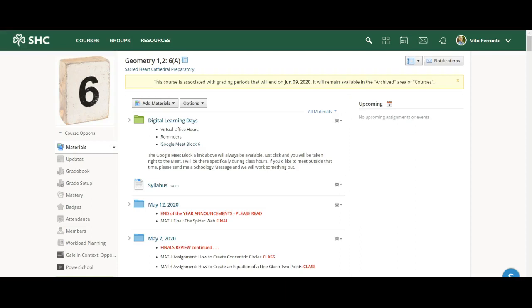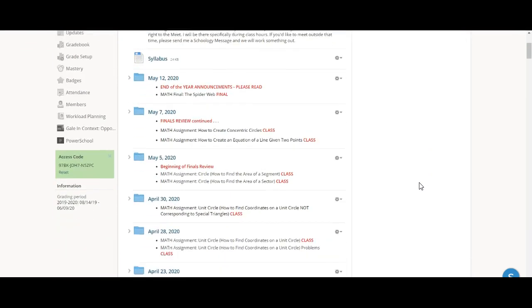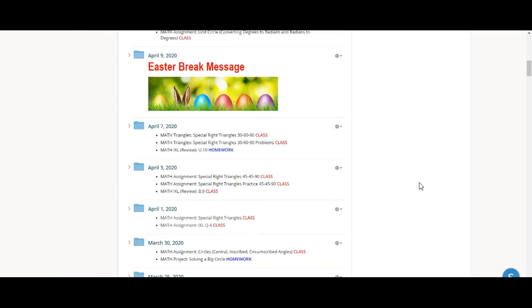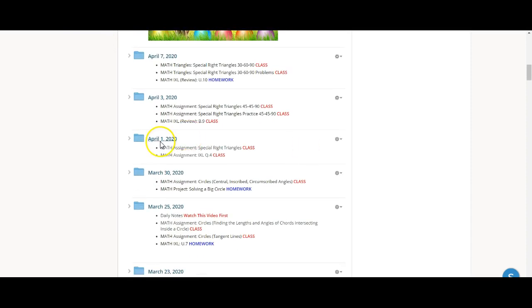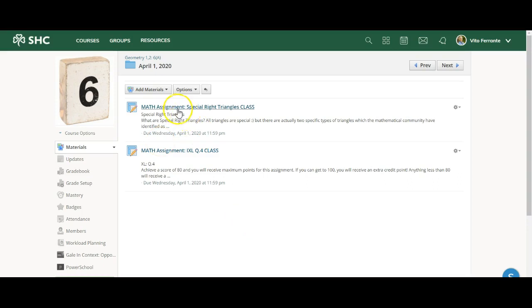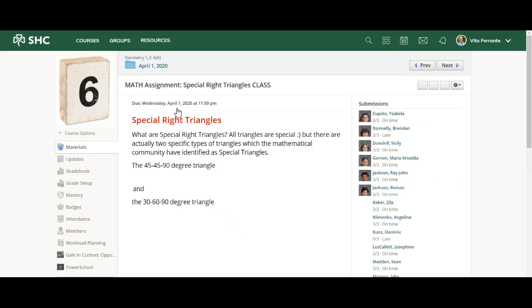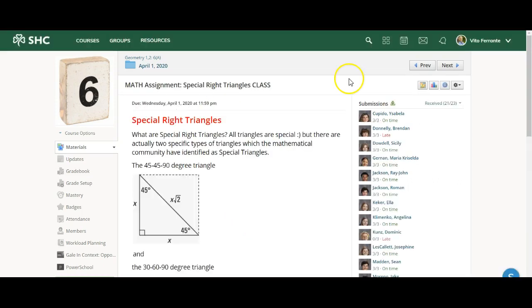Okay, in this screencast, I'm going to show you how to use a feature in Schoology that I call a speed grader. It's a really helpful little tool. Let me just pick something at random here. Let me just open up this particular assignment from April 1st, and I'm going to show you where this speed